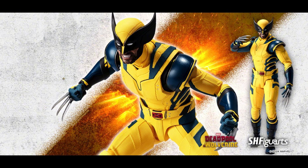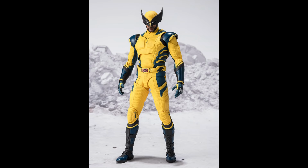Based on kind of experience with SH Figuarts MCU stuff, there's probably some differences with this figure versus what they typically have in the movie as the final costume. I would not be surprised if that's the case here. I haven't done a side-by-side comparison yet, but for now, the promo shots look pretty good. I like the outfit in general. The figure looks good. He is quite tall, but then so is Hugh Jackman, and that's what they're basing him